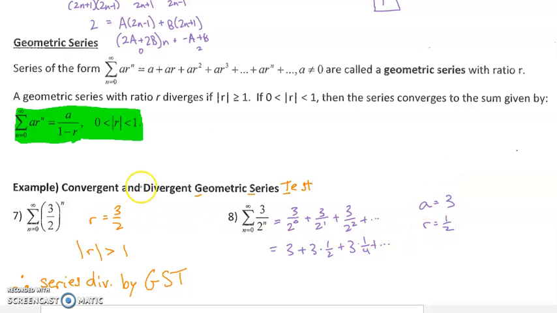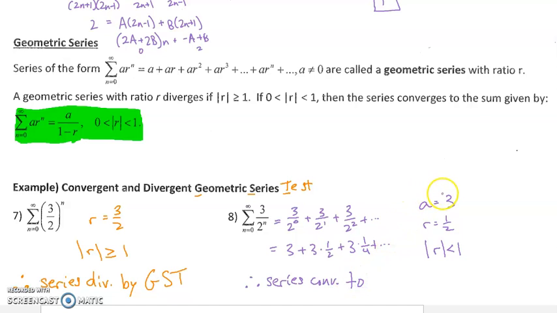And what's the most important thing about our r value is which one of these two inequalities it fits into. And in this case, the absolute value of r is in fact less than 1, which is great because that means that we're talking about a converging sum. So not only do we say that the series converges, we can find what the series converges to. Therefore, the series converges